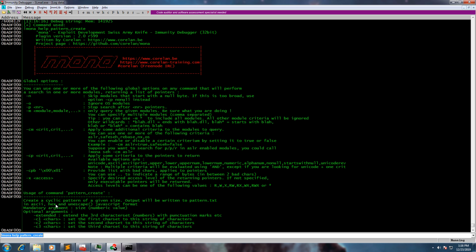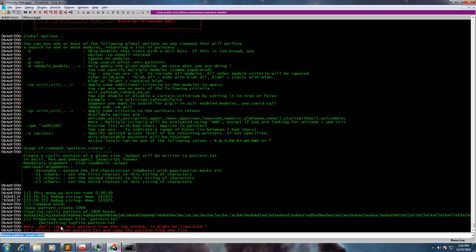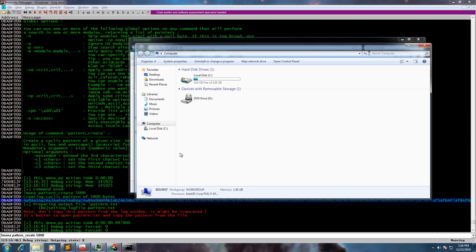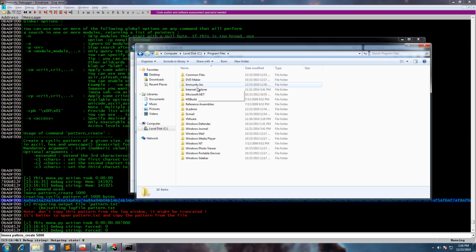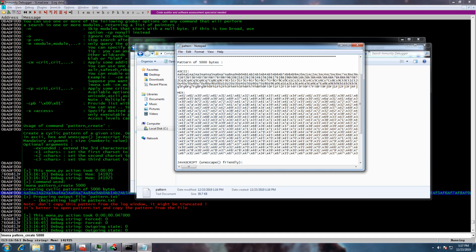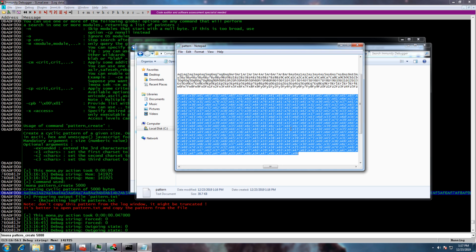So in this case, we are creating a cyclic pattern of a given size. We want to create a pattern of 5000 bytes. It's very important that you do not copy this string from here, as that will not be the full string. Instead, we need to go into C, Program, Immunity Debugger, and Pattern. So copy this, make sure you get all of it,